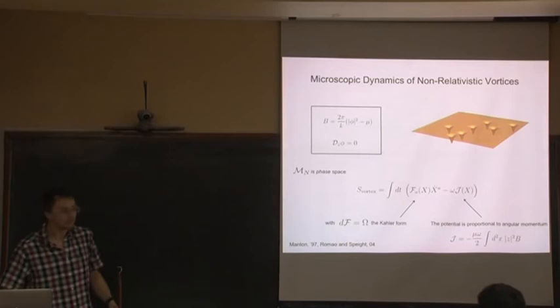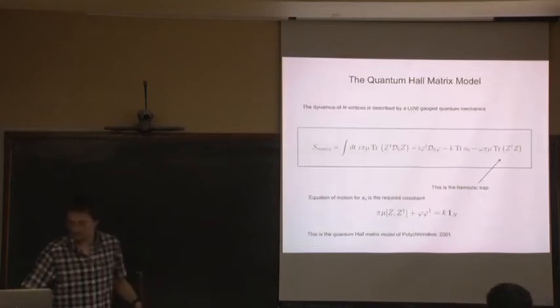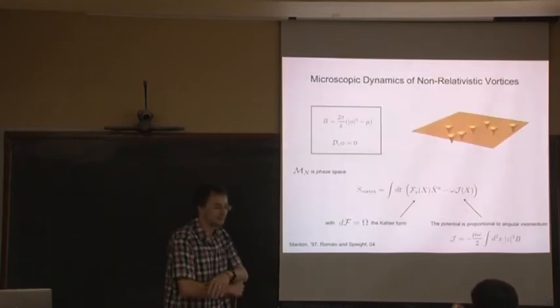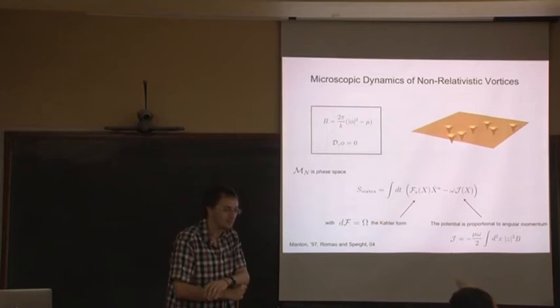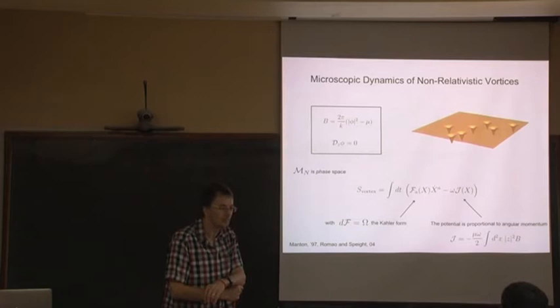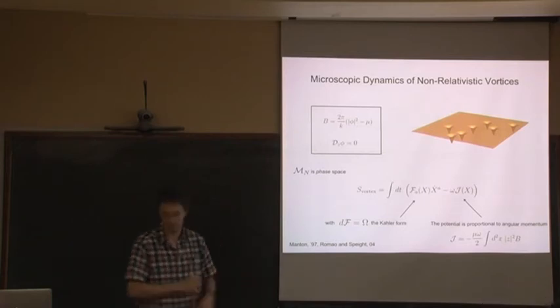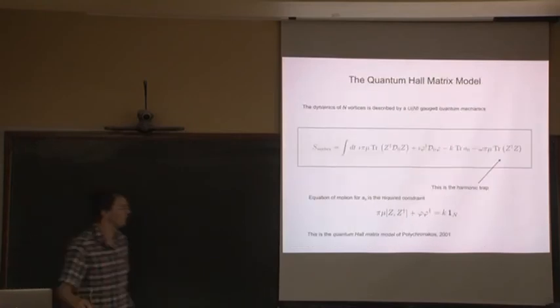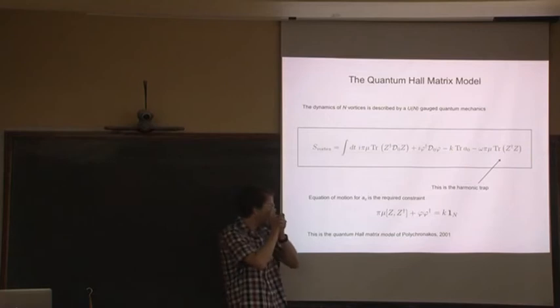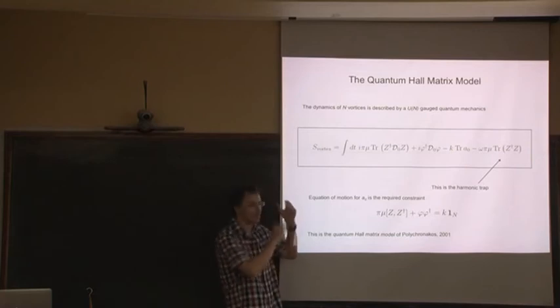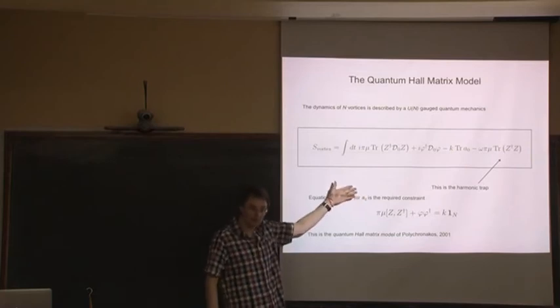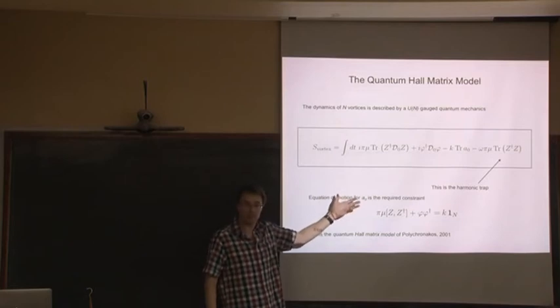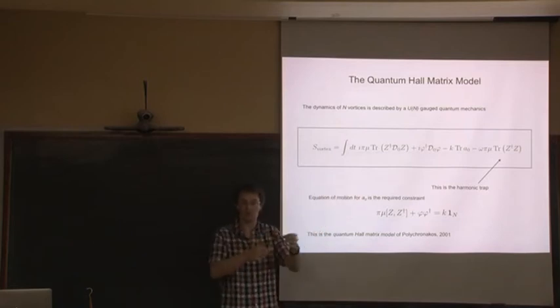Sorry, David, just to be totally clear. So the dynamics, you said there's an approximation going from this to your D-term constraint equations. But going from the D-term constraint equations to the matrix model, is that exact? That's exact. That's exact. All right, so this is where we've got to. This is the first half of the talk, and I promised the matrix model, which I claim captures quantum Hall physics, as the description of vortices in a Chern-Simons theory.